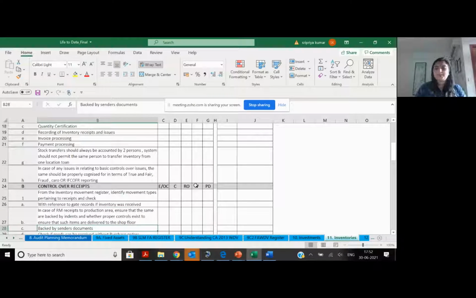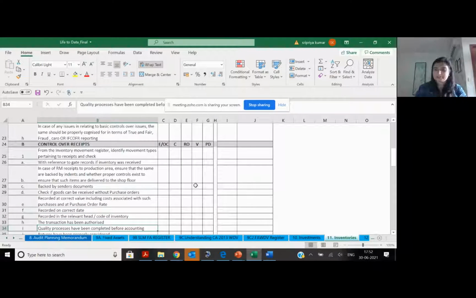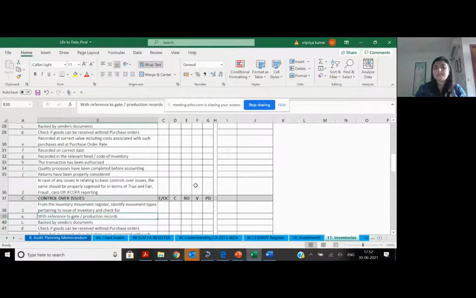In an inventory, what is my process? Receipts, issues, inventory ledgers need to be maintained properly.